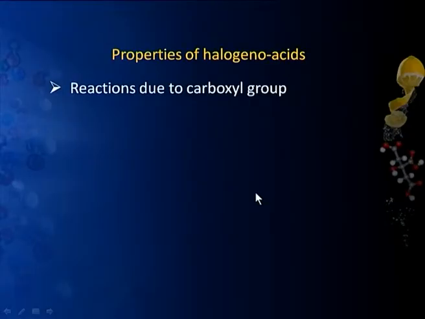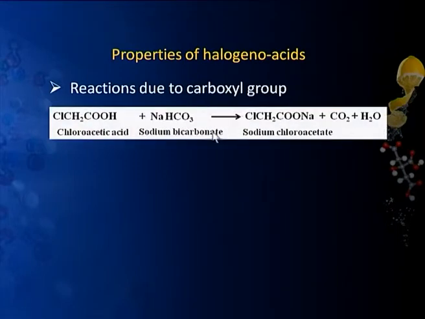As I told you, these compounds have two functional groups, the halogen group as well as the carboxyl group, and they will show the properties due to both, meaning they will show the properties of alkyl halides as well as the properties of the carboxyl group. We will not discuss the properties in detail because we have already studied the properties of these two functional groups separately. Our main stress will be on the reactions which are due to the presence of both functional groups, or on the reactions where one functional group creates its effect on the other.